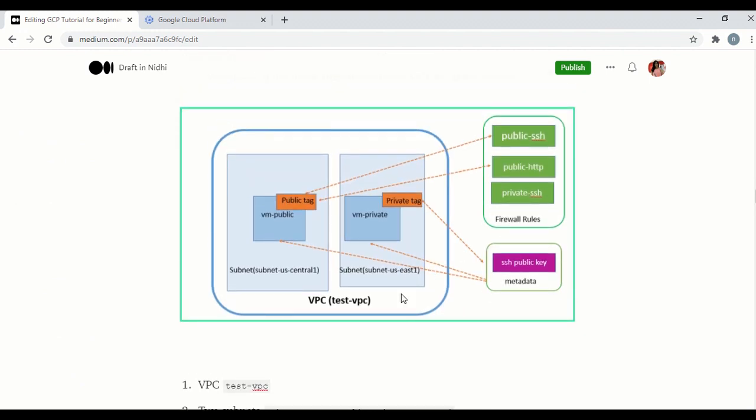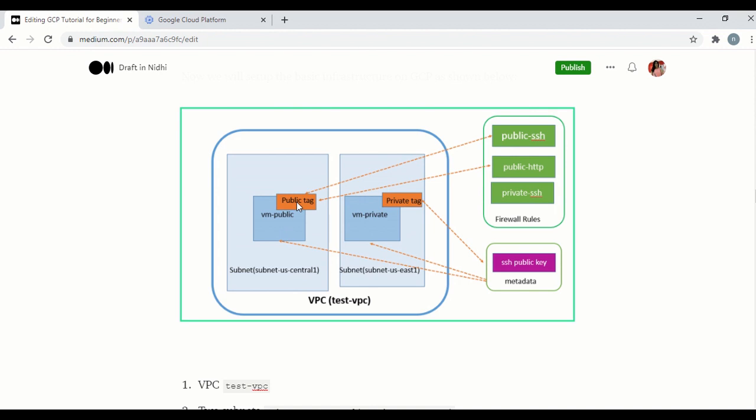As I have mentioned, we will be creating a VPC. The VPC concept is the same as we have in AWS. We will be creating the subnets. We'll create two subnets here, one in the US Central region and the second in the US East 1 region. We will create two VM instances, one public and one private, and we will assign tags to these instances.